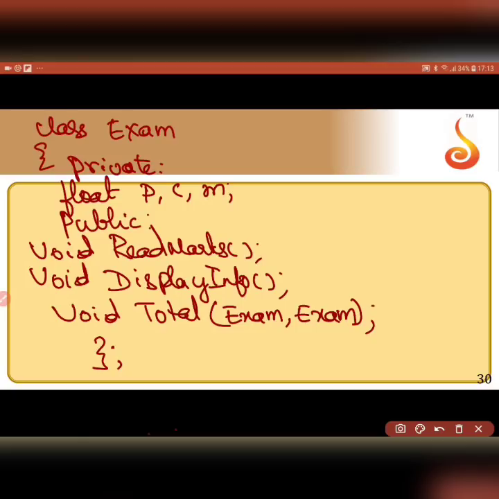Then we read one program according to the description. This is the class. Next class we will write the program accordingly, which will take in the values of CET exam PCM marks and PUC exam PCM marks and calculate the total. Total is a function which is not going to return any value, but I am going to pass two class objects, that is two objects of the class exam, to it. Fine, just go through this.